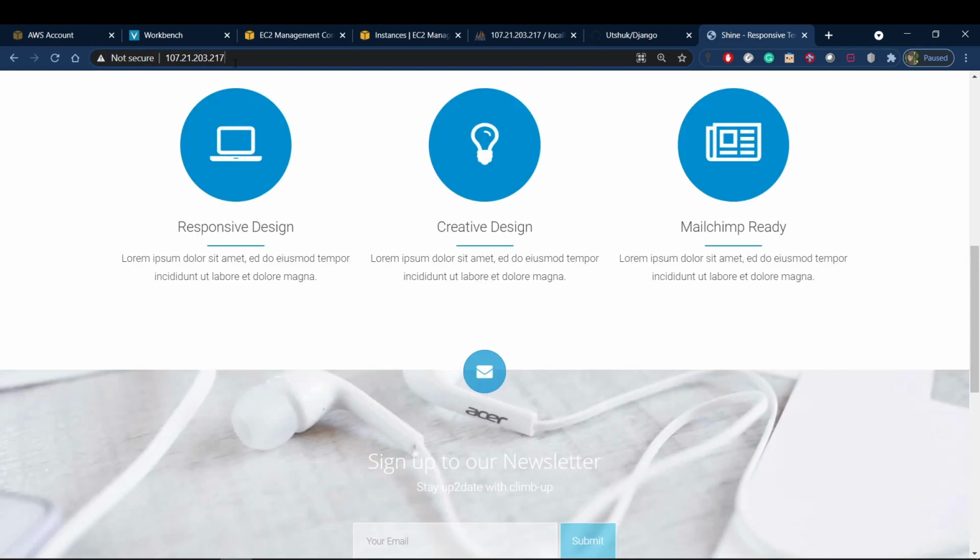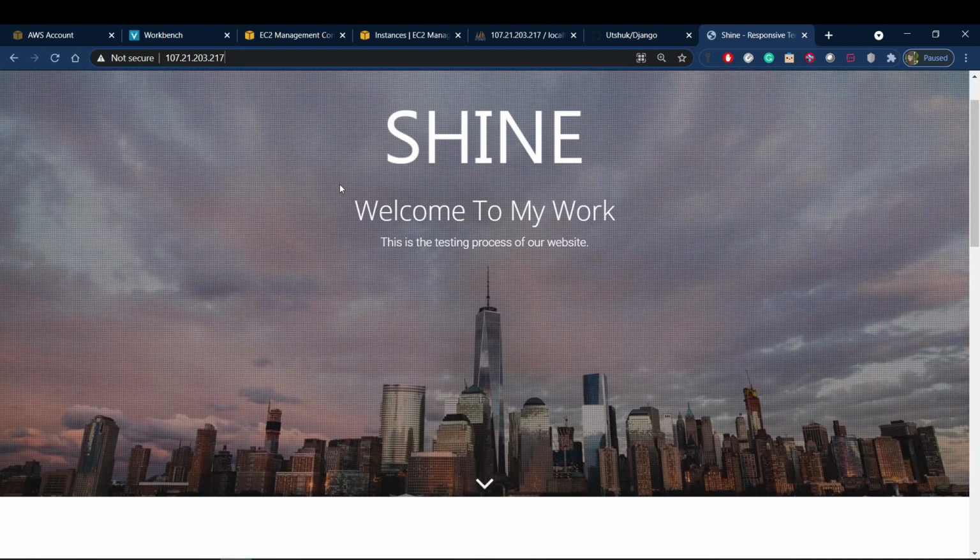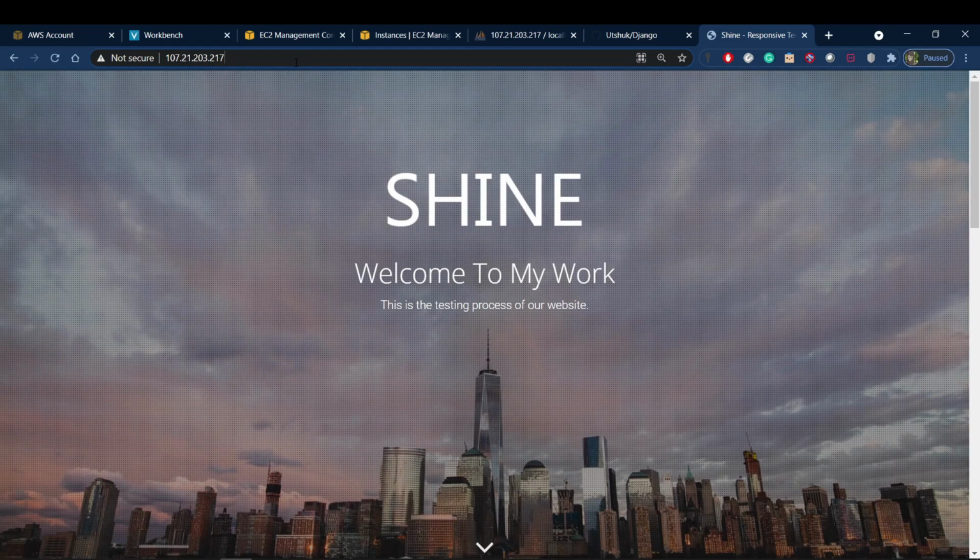So using the AWS platform, we have successfully configured the Python and Django application and deployed it in our Ubuntu EC2 instance along with the nginx, the unicorn and the supervisor. The default database that has been provided by Django has also been changed to the MySQL database.